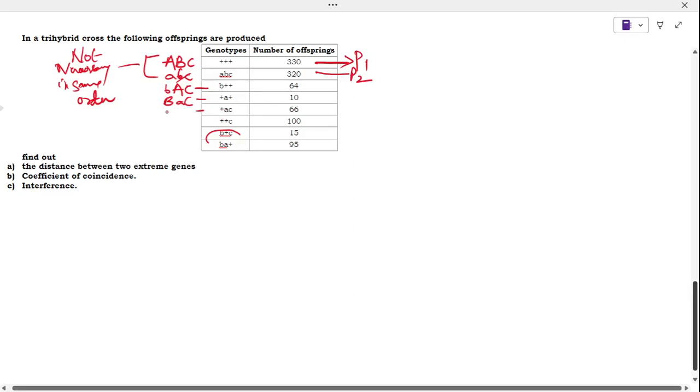Assume that this is capital B, small a and small c, and this one is capital B, capital A, small c, and this one small b, capital A, small c, and this one small b, small a, capital C,